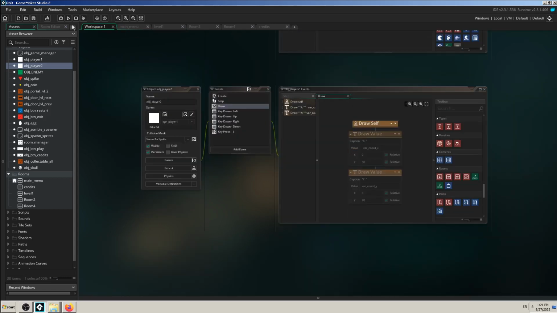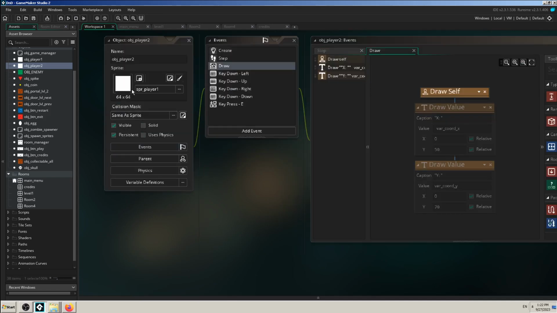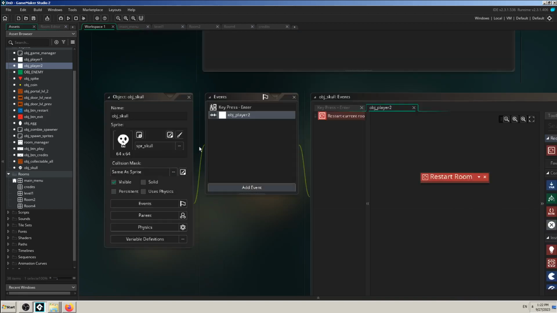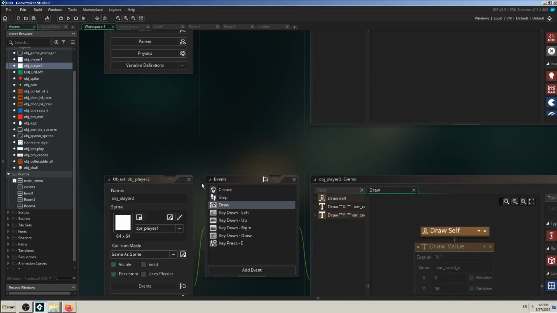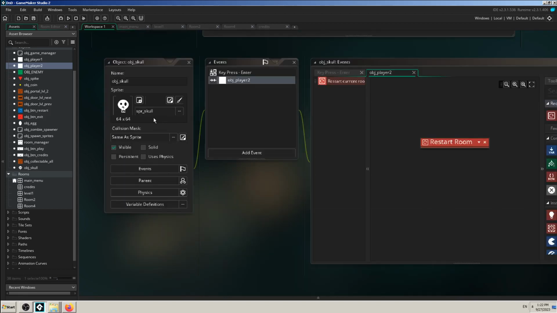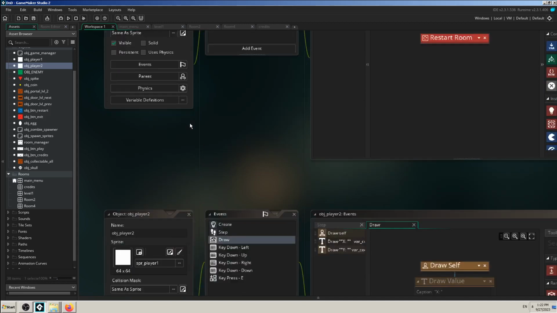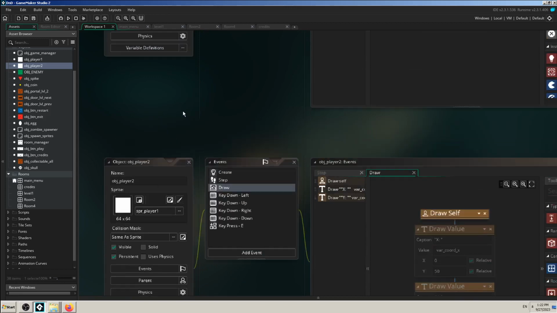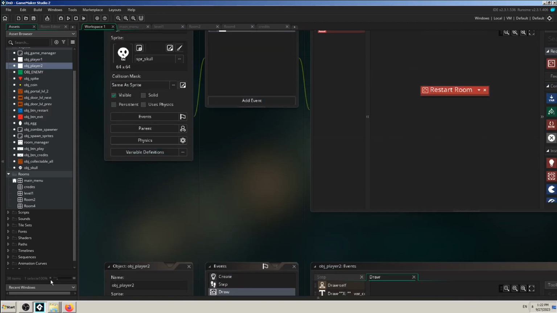So here with my persistent player, which goes from room 1 to room 2, I will have to solve the problem of restarting the level when he touches the skull, or the opposite: if I uncheck this persistent and this skull restarts the room, I will have the problem with the player not spawning, and we will solve some of those problems in some of the next videos probably, but the whole idea here was to show you one relatively simple